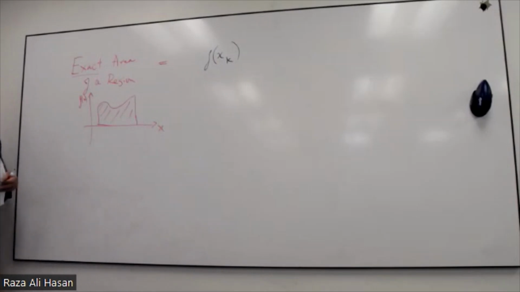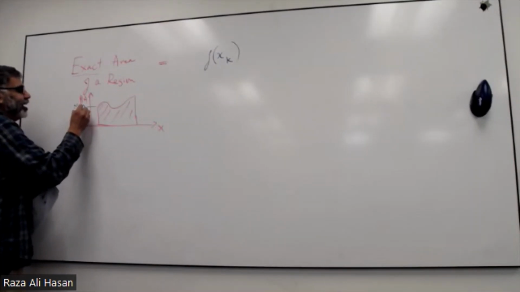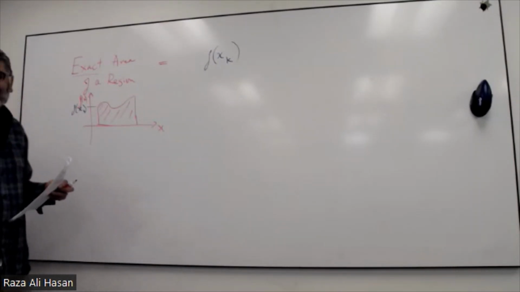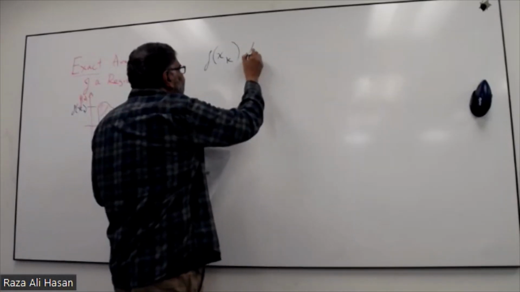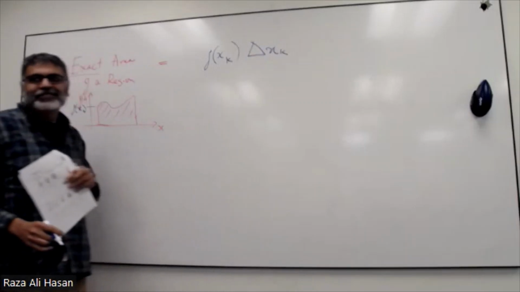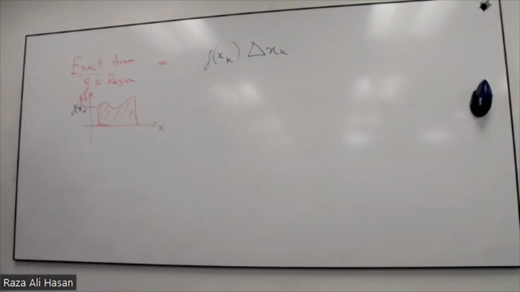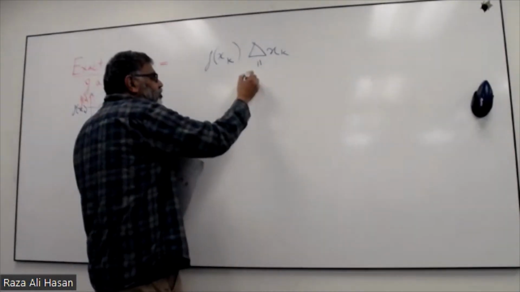So, height of a function. Questions? This is our k, height of our function times the what? Very good. And the answer is that this thing equals